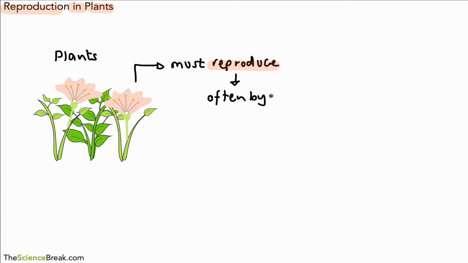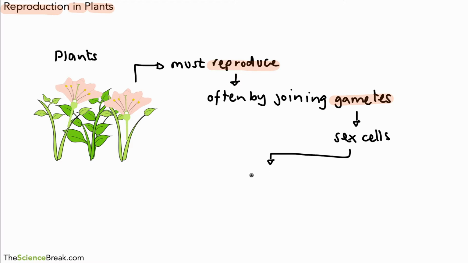With plants, this is often done by joining what we call gametes. This is an important key term, so we should make a note of what that means. Gametes are sometimes called the sex cells, and when we're talking about plants, we have two kinds of sex cells. We have the male sex cell, which is the pollen, and we have the female sex cells,